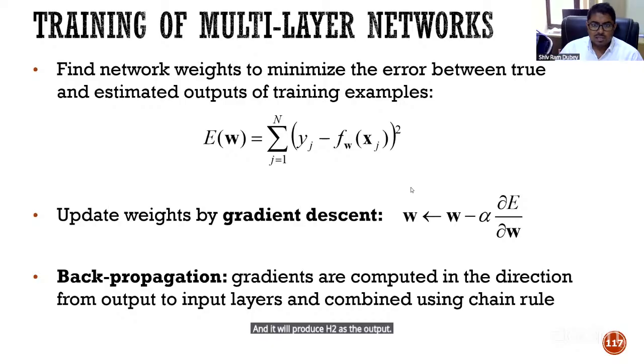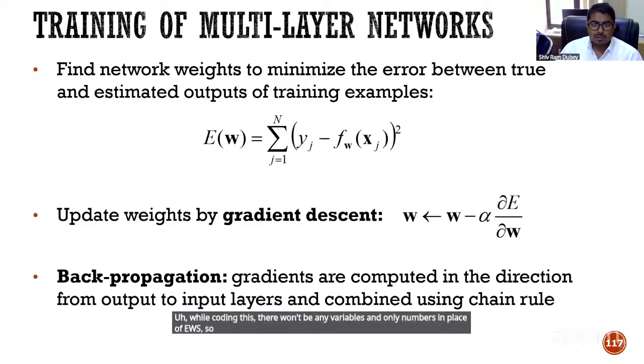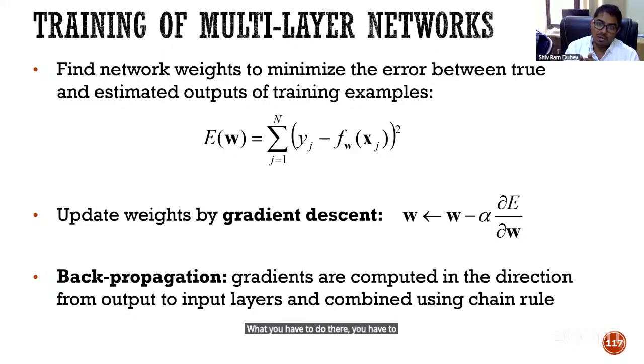While coding this, there won't be any variables and only numbers in place of the W's. So won't the gradient come zero as all are constant? I mean, how will it identify the local function? Okay, so usually whenever you are setting up your problem in PyTorch, TensorFlow, and even Keras, you don't have to bother about computation of the gradients because it is already inbuilt there. What you have to do is only set up your layers,